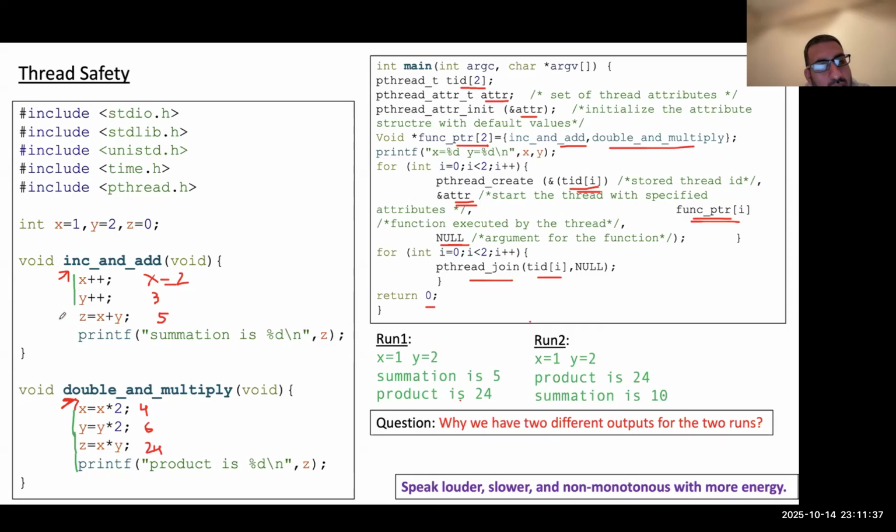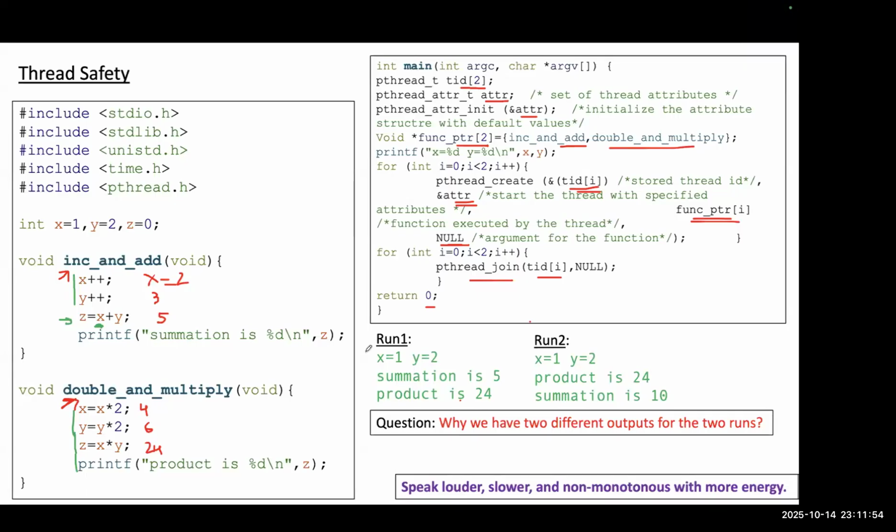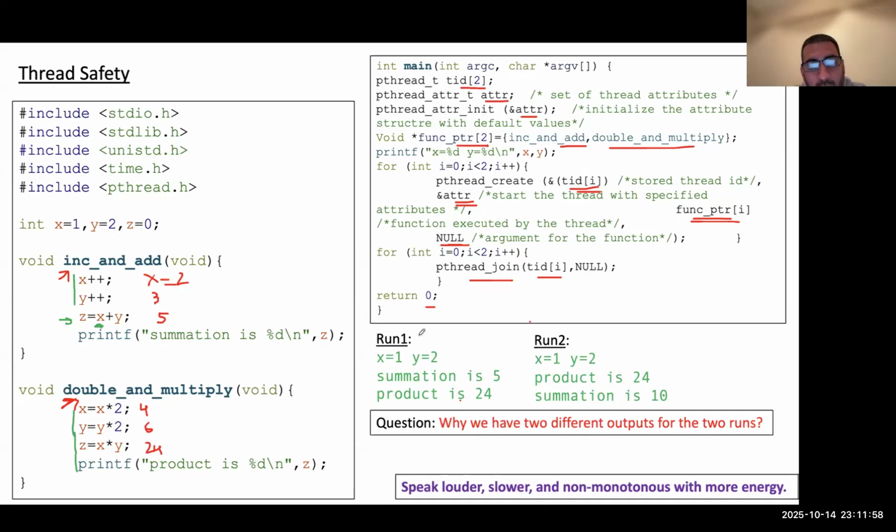Now when it starts running, it starts running here, z is equal to x plus y. But remember, z, x, and y, all of them are global variables, right? So what is the value of x here now? The value of x here is now 4. Yes, that's correct. Why should it be 4? Because, remember,